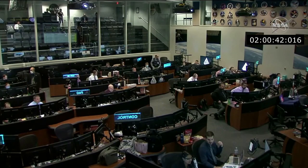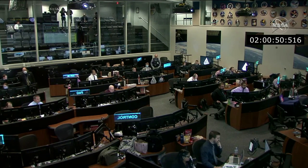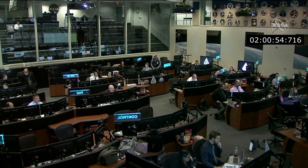As Orion continues to swing around the moon toward entry into distant retrograde orbit, we were just getting some views of the Earth from about 220,000 miles away. We do expect to get those views again here momentarily, but you are looking at